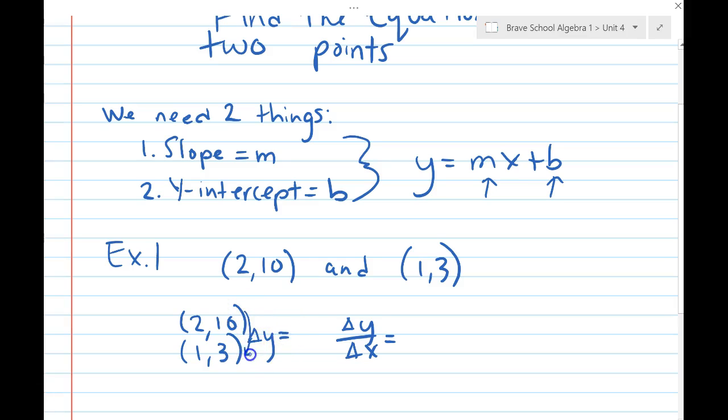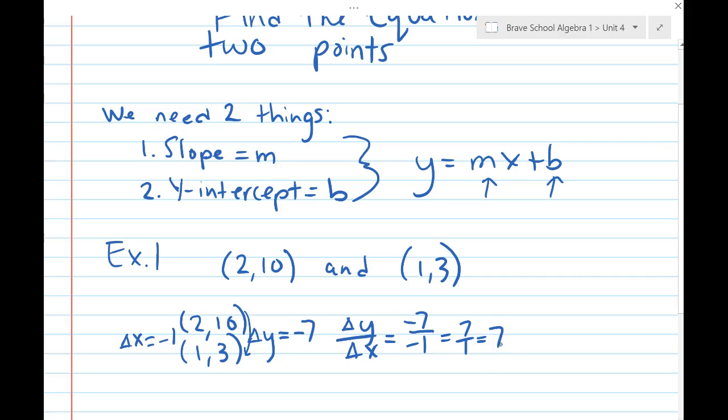So going from 10 to 3, we're going down 7, so minus 7. Down the left, it's going to be from 2 to 1, which is going down 1, so negative 1. So our slope is negative 7 over negative 1, because remember change in y over change in x. And then we have a negative over negative, so that just becomes 7 over 1,